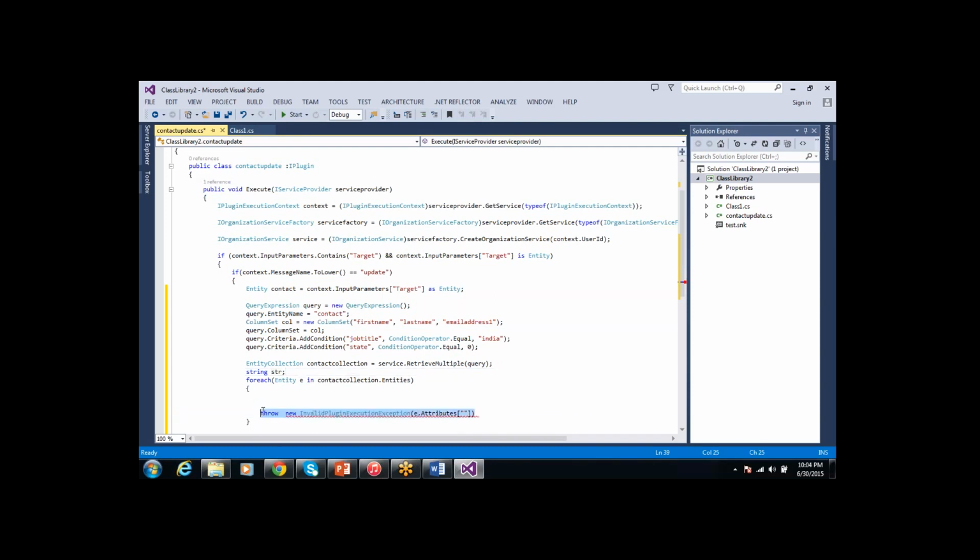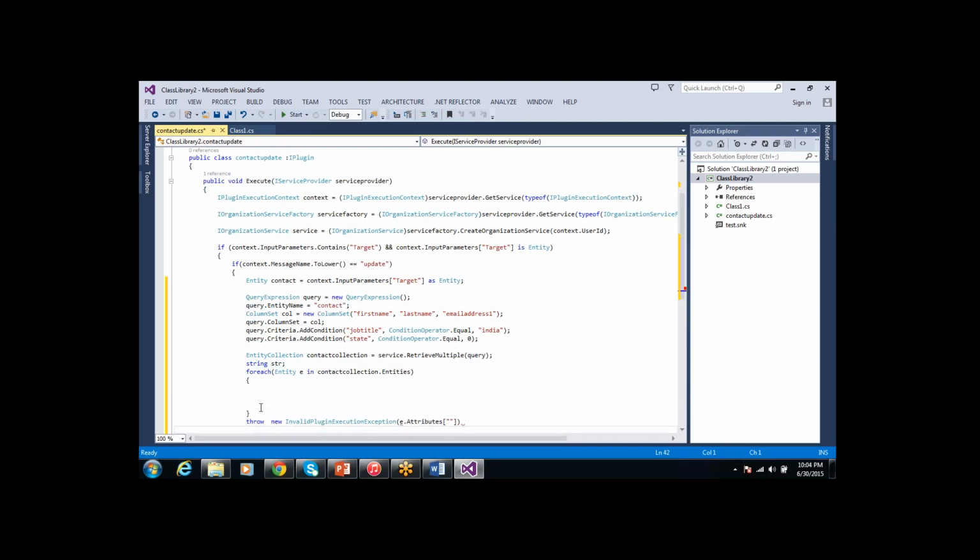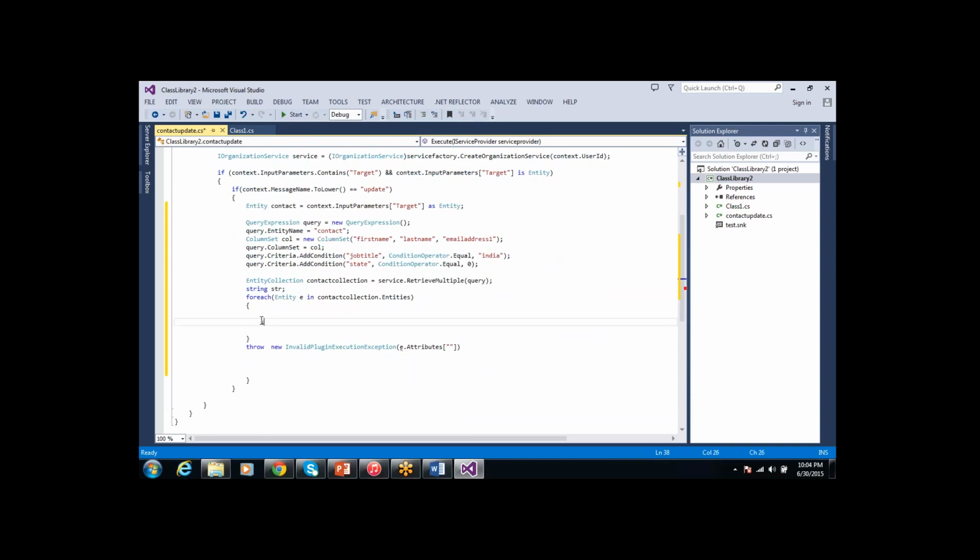I will put this outside the loop, so that it can hold however many records there are. Here I am putting string str equal to e dot attributes of contact, sorry, I'm putting the first name only, dot to string. Now I will print this one here.